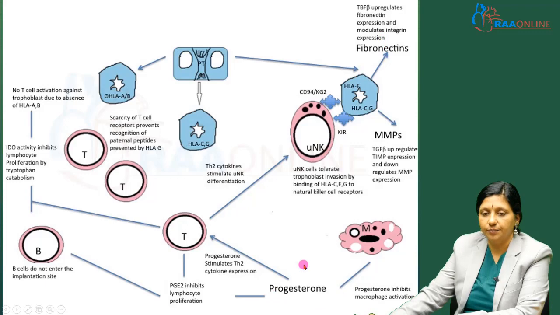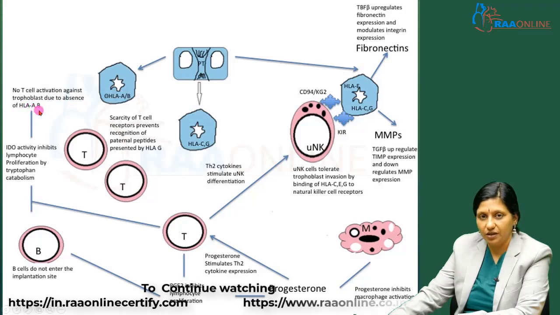Now, progesterone in a pregnant woman inhibits macrophage activation, so there is immune suppression. Progesterone also stimulates helper 2 cytokine expression, and helper 2 cytokines stimulate uterine natural killer cell differentiation. PGE2 inhibits lymphocyte proliferation. The B cells do not enter the implantation sites at the endometrium-embryo interface, and there is no T cell activation against the trophoblast because of the absence of HLA-A and B on the trophoblast. And IDO activity inhibits lymphocyte proliferation by tryptophan